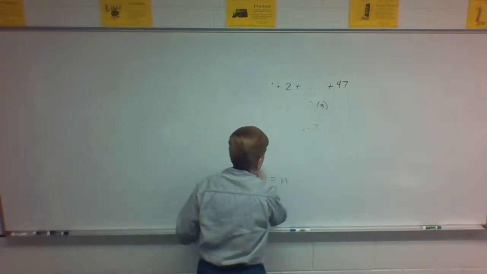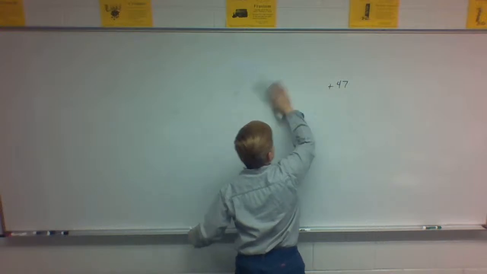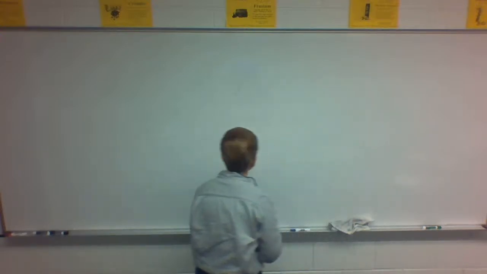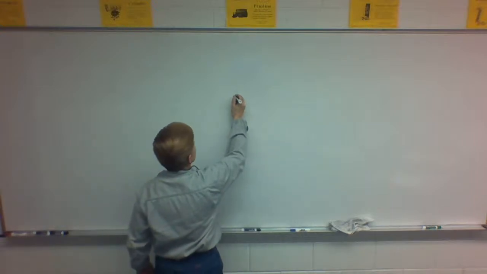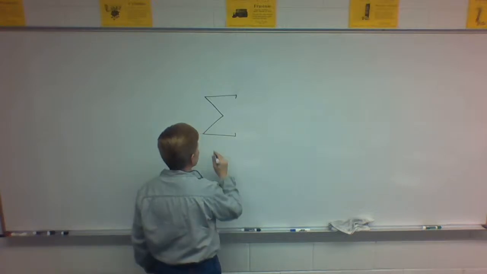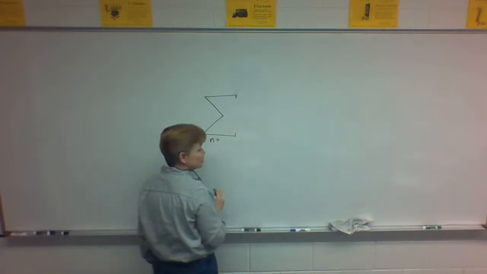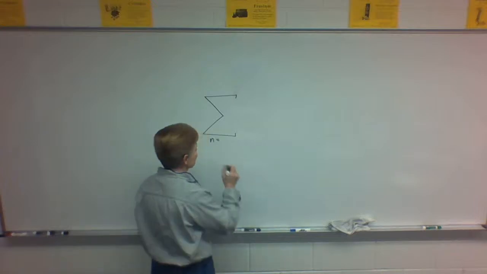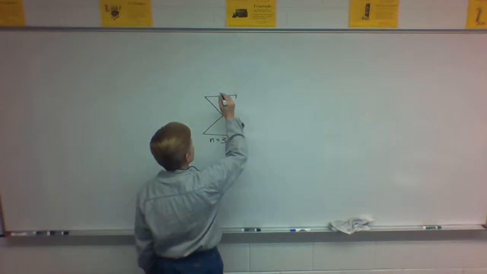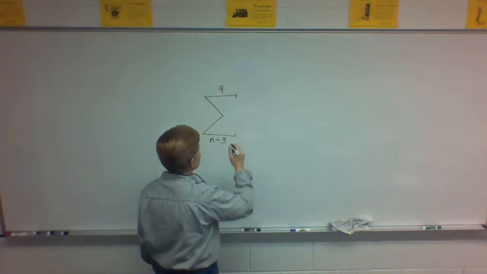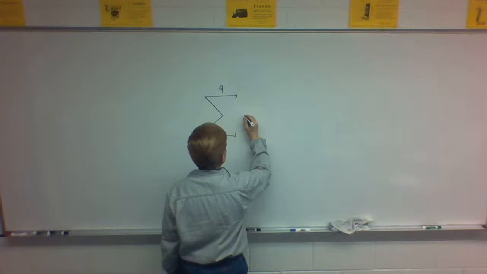Keep in mind, I'm making this up, which means the numbers could get out of control pretty quick, but if you've got a calculator, they've got to be really out of control to make it impossible. So they'd give you a summation notation like this, and it says find the sum. And it will say n equals, do you want me to do one that starts at 1 or not? You want a different one? Let's start at 3 and go to 9. That'd be okay? Yeah. Of this formula right here, let's say,